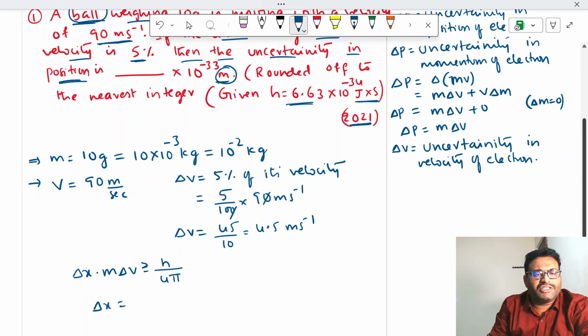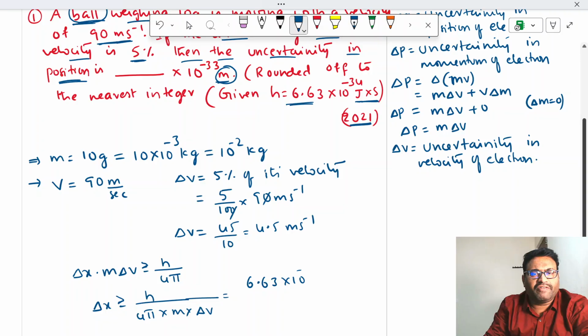Then delta x is equal to h by 4 pi into m into delta v. So h is already given in the question, and that is 6.63 into 10 power minus 34